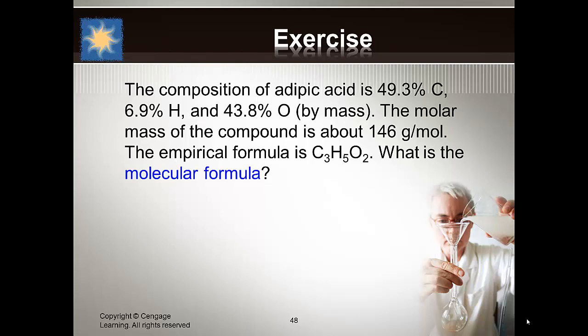This is a very similar question, so maybe take a little bit to try and work this one out. So we've got C3H5O2, and we know that the molar mass is 146 grams per mole. Actually, we can work this one out together. Let's go ahead and do this one. 3 carbons is going to be 3 times 12 plus 5 times 1 for hydrogen plus 2 times 16 for oxygen, and we should get